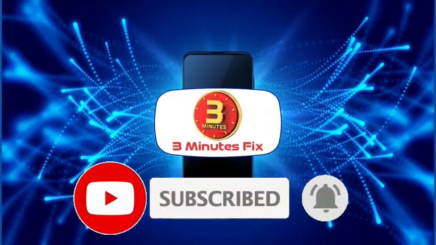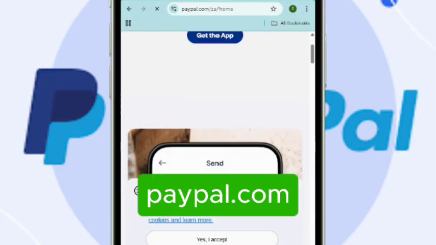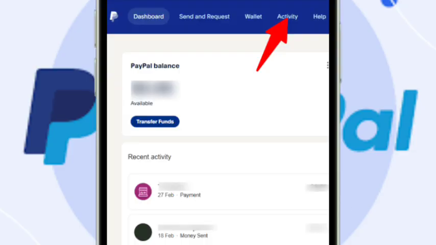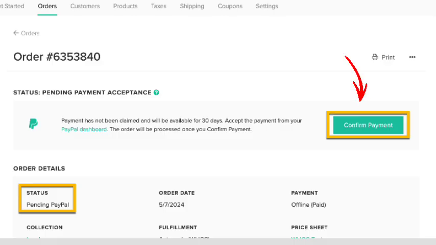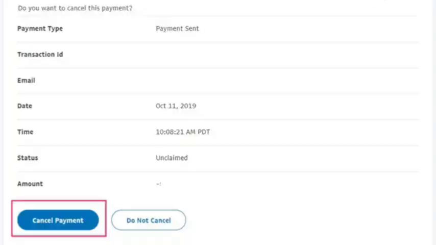Let's get started. To begin, open your browser to paypal.com. Navigate to the Activity tab to check the current status of your transaction. Look for the Cancel link next to any pending or unclaimed payments, which usually appears if the recipient hasn't registered their email yet. Click that link and confirm the cancellation to immediately return the funds to your PayPal balance or